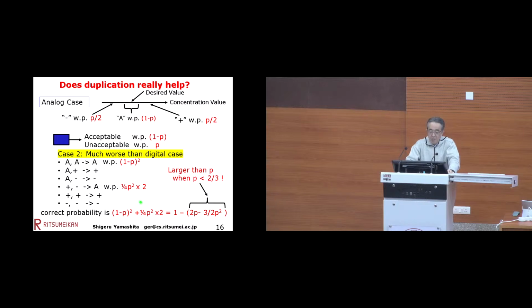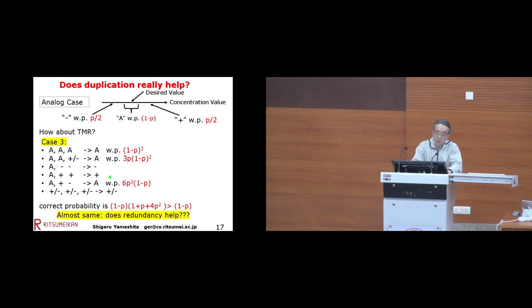This is a simple calculation. So in this scenario, this value becomes worse than the original values. So unlike the digital case, in the analog case, in biochip design, in many scenarios, simple duplication doesn't work well. That is our motivation to do some specific solution for the